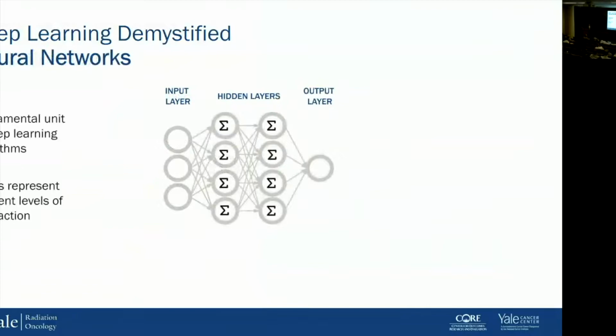It's the fundamental unit of a deep learning algorithm. Stylistically, one can think of the layers as representing different levels of abstraction. For example, if your input was an image classification problem, the input would be the pixels. The first layer might represent lines and edges that you see. The second layer might represent shapes drawn from those lines. The third layer might represent facial features. And then the fourth layer would be a facial recognition algorithm. Similarly, each layer can represent higher levels of abstraction.